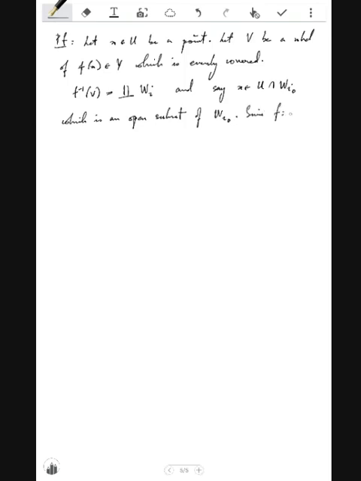So we may write f inverse V breaks up as a disjoint union of W_i, and say x is in U intersection W_i0 for some i0, which is an open subset of W_i0, since U is open inside X. Since f from W_i0 to V is a homeomorphism, this implies f of U intersection W_i0 is an open subset